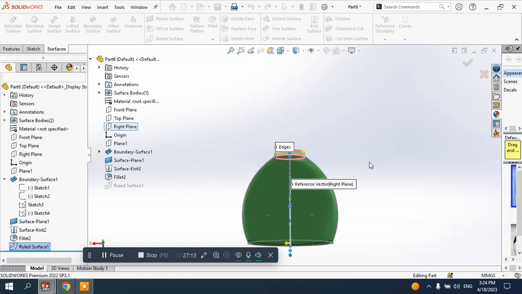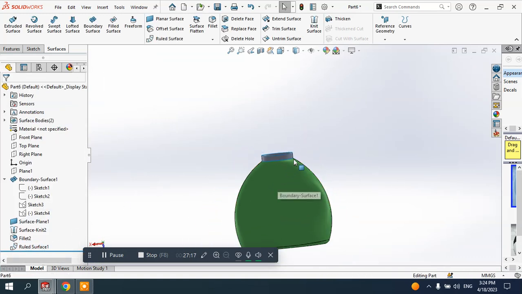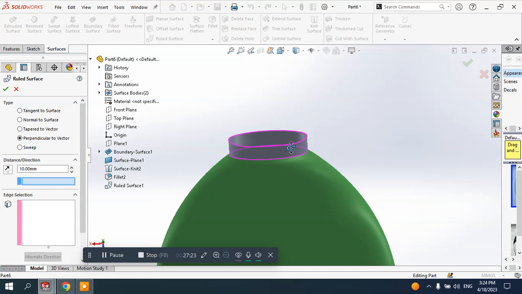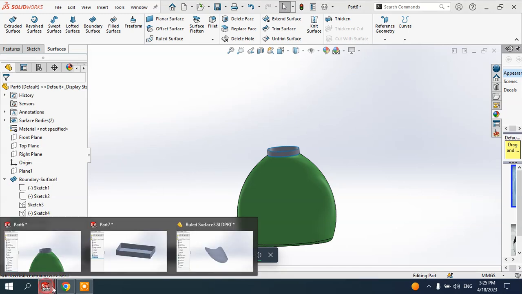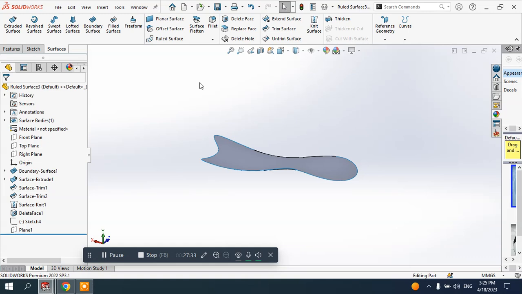You can go to this one. So just extend it. Most of the time this rolled surface is used in order to create this kind of elements in the bottle, to create these upper parts and so on. So let me go to this example. So next